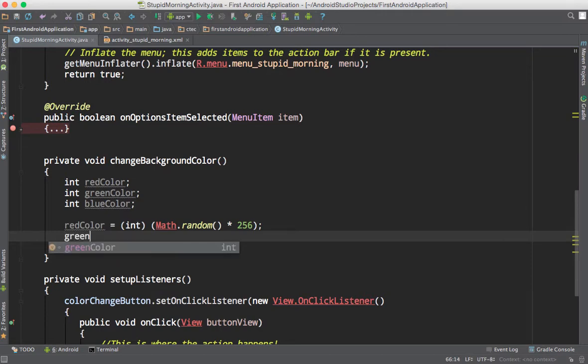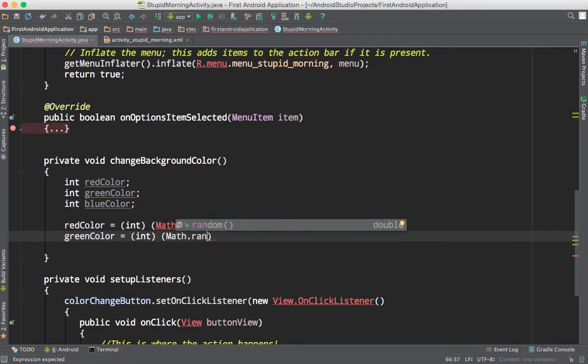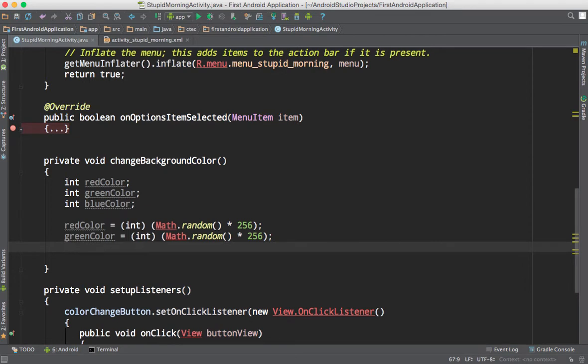So green color equals parens int, and then parens math.random times 256. And again, just like in the real world, order of operations matters in Java, so my parens happen first. So I'm going to do math.random times 256, grab that whole number, and then I'm going to turn it into an int. If I didn't do that first, if I just did it like that